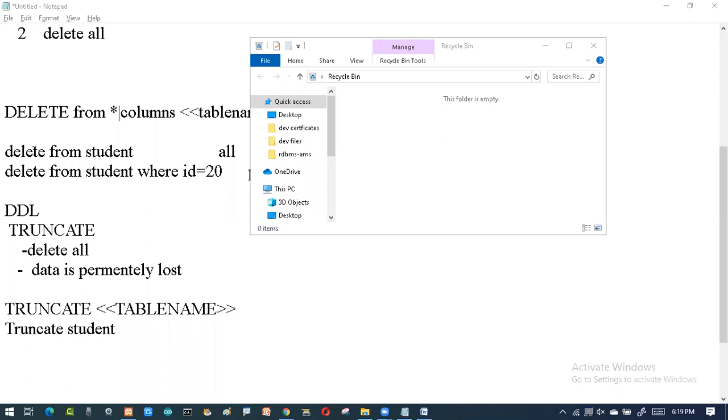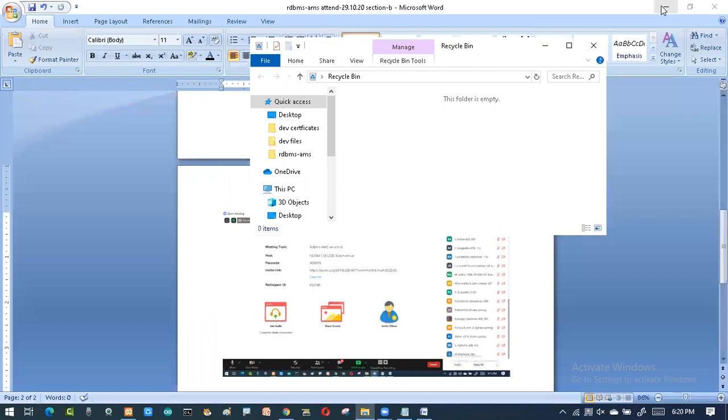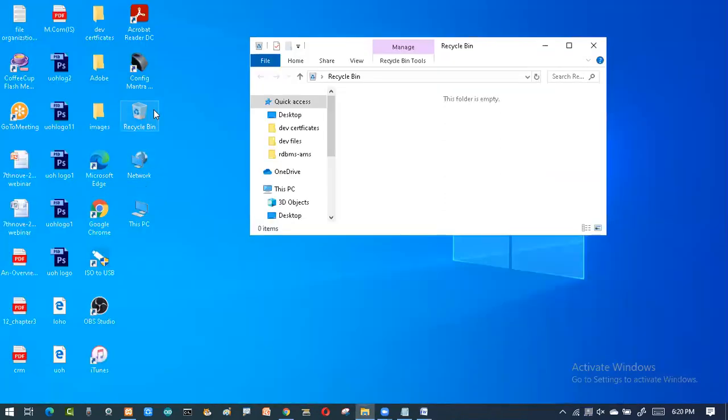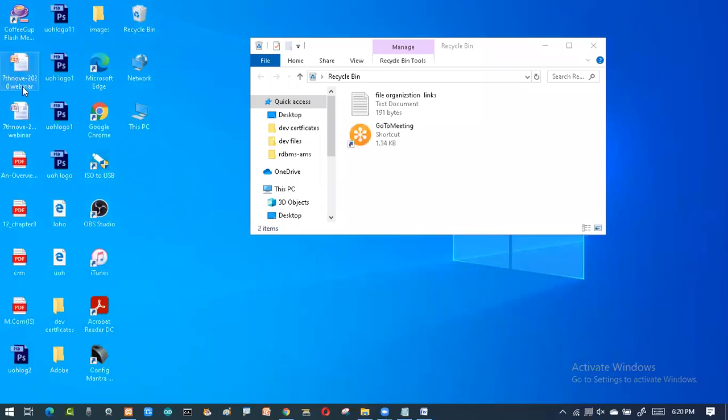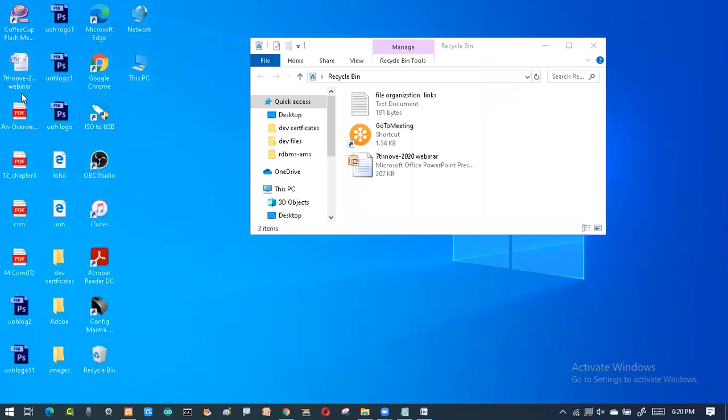Maybe you don't want all the records for future purposes. Like this dustbin, as I showed you, right now it is empty. Unless you empty it from here, the data will stay here only. Suppose I delete this, and this, and this, everything is put in my dustbin, so my dustbin also gets full.